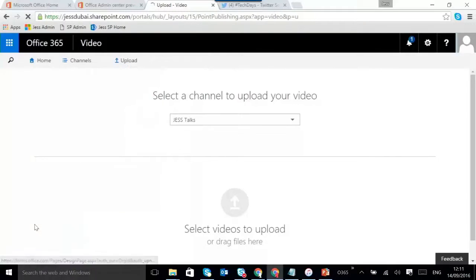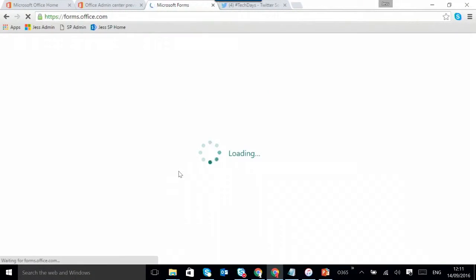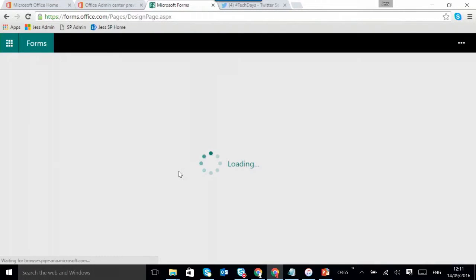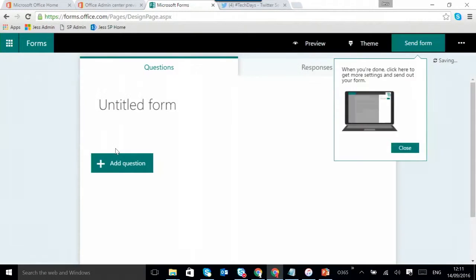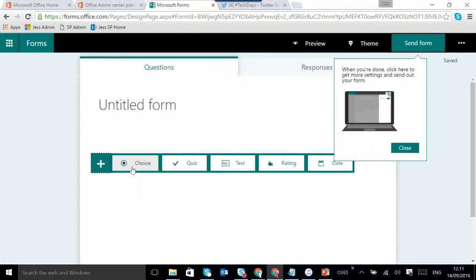And finally, because I know we're going to run out of time in a bit, is Forms. So Forms is a great tool from Microsoft. It allows you to create a very simple quiz type form that you can then distribute to your students. So you can have quite an easy quiz that they can use. This would be good for assessing.